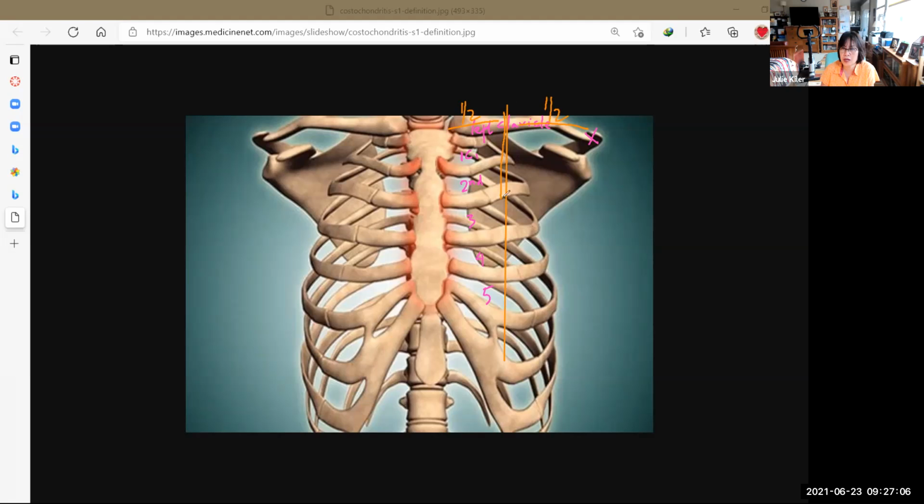So this is the left midline. The left clavicle midline, right at here, that's your apex at the fifth